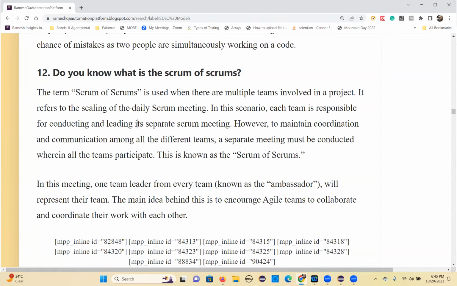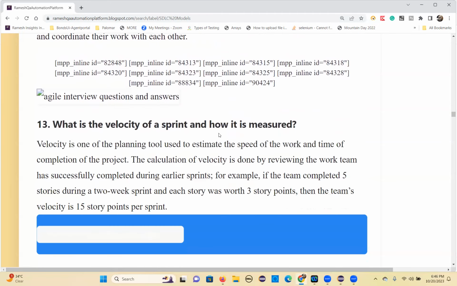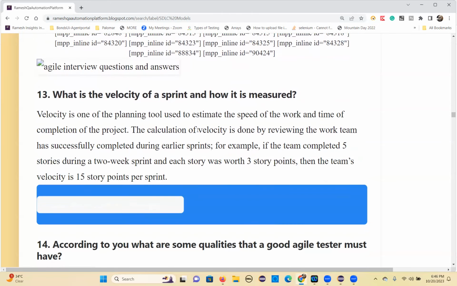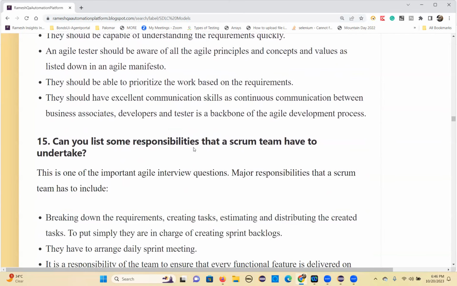For the two to understand the overall picture, they will merge both Scrum teams in one meeting. That is called Scrum of Scrums, we call that. So is it clear what is meant by Scrum of Scrums? Yes. Okay. So Agile velocity I will explain. Let's move on to